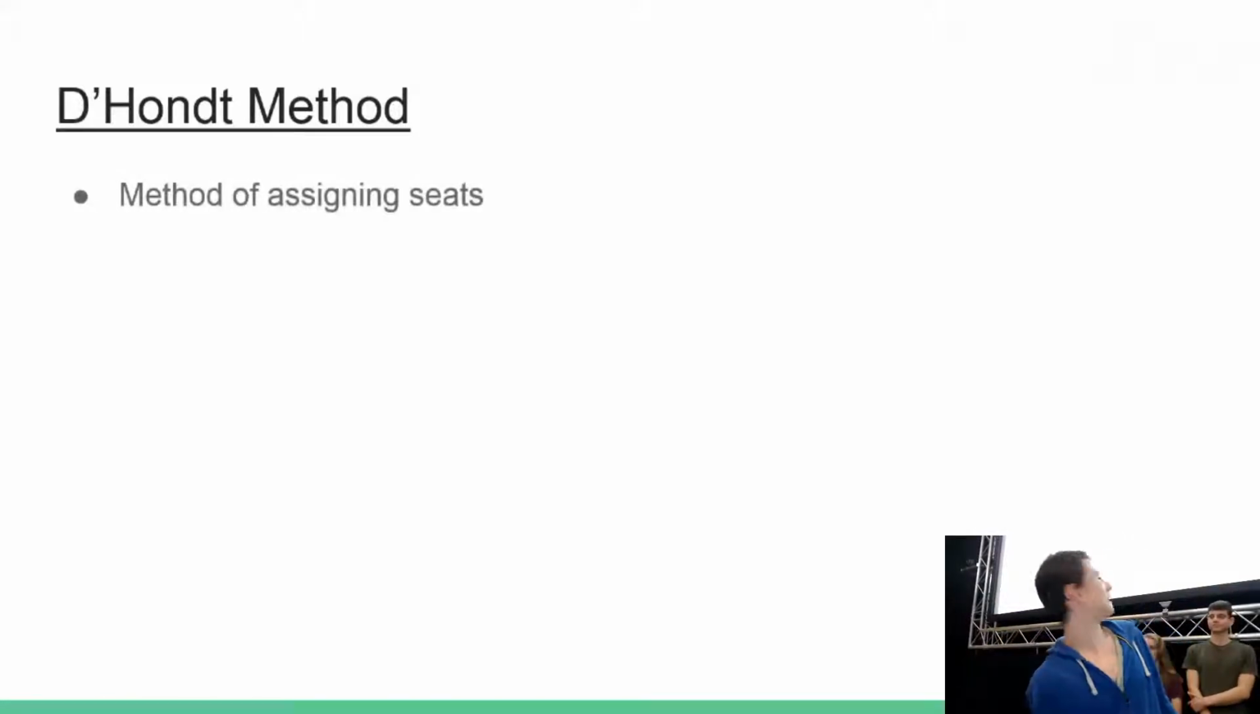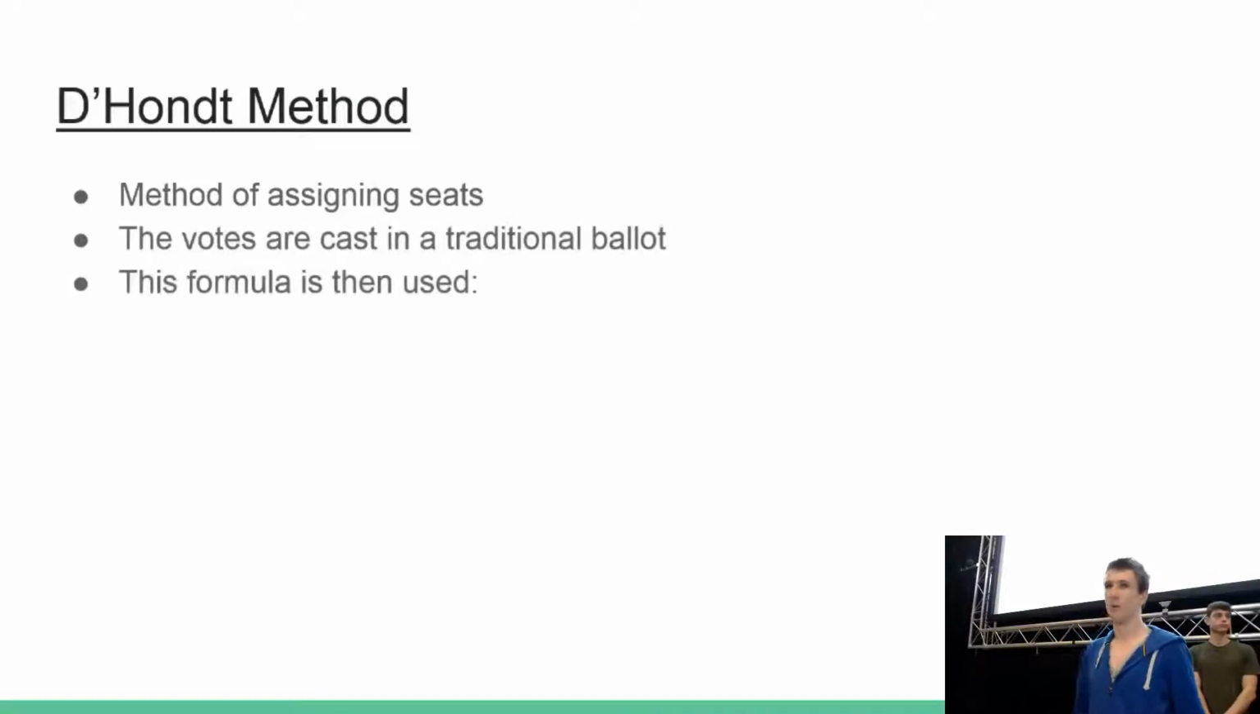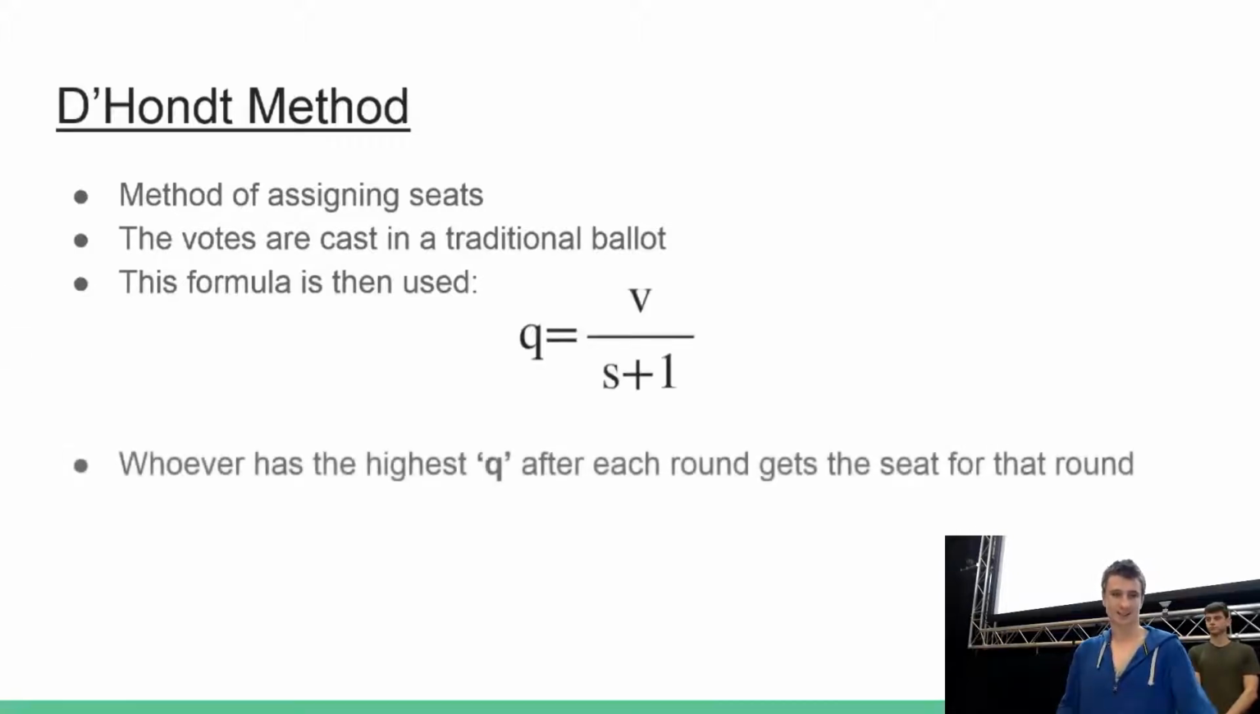The D'Hondt method is a way of assigning seats. The people vote in the normal way, and then this formula is used to allocate the seats. V is the number of votes each party gets, and S is the number of seats allocated so far. So to start with, Q is just the number of votes because S is 0, and then as S increases,